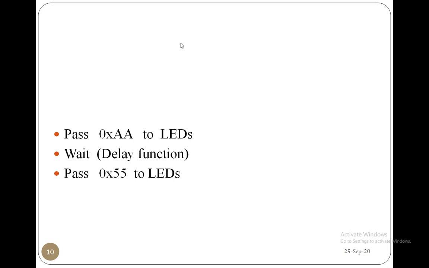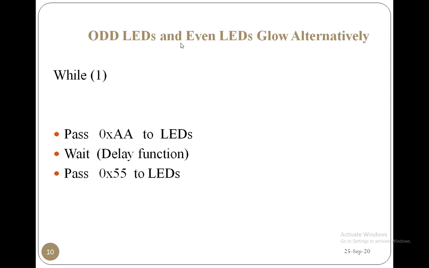So even odd even odd, I am going to put these statements in the while loop, which is the infinite loop. First even LEDs, delay, odd LEDs, again even LEDs, delay, odd LEDs. So the loop will be repeated like this. Of course you can use one delay here also. Like this you can glow odd LEDs and even LEDs, right?